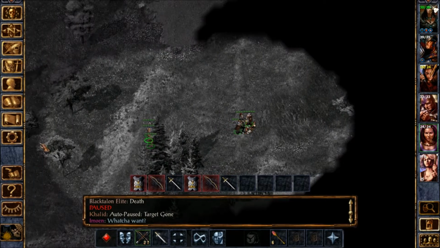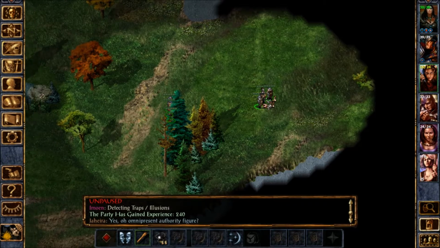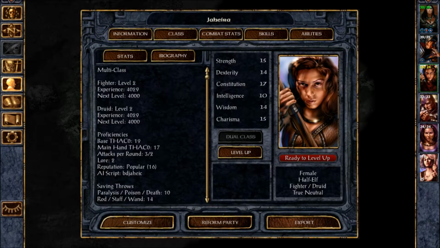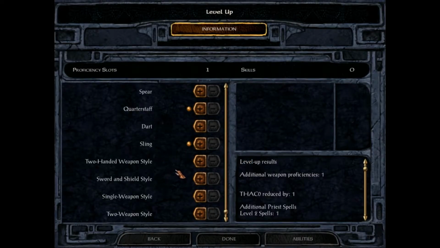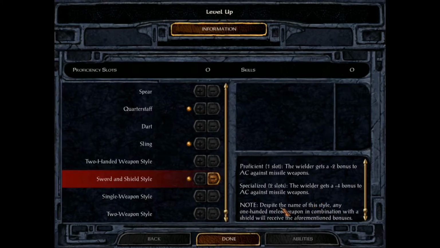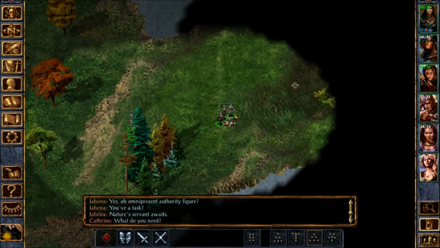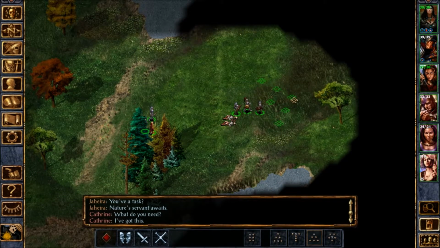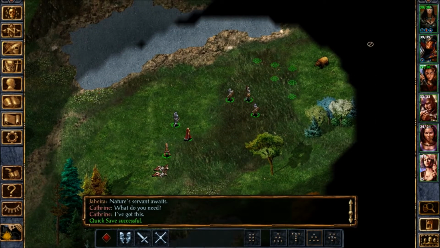And they have bandit scalps, which, you know, is always nice. Oh, and Jaheira got a level up too. Lovely. Very nice. Okay, so you should probably get some points in Sword and Shield style. Servant awaits. What do you need? I've got this. I would pick up that splint mail, but it's going to be heavy to carry around. And I don't think it'll be worth that much gold anyway, so...